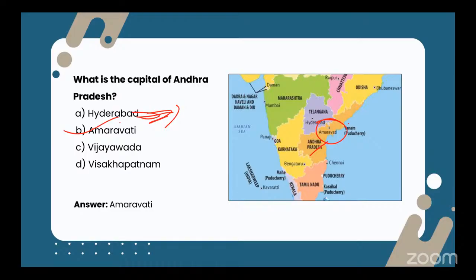Chandrababu Naidu. So later he was out of power, and later YSR Congress came to power. At that time they were not in favor of Amaravati as a capital. Later they suggested three capitals, and again Chandrababu Naidu returned to power. So again in 2024 he was sworn into power, and he discarded the previous government's three capital plan, and he said there will be only one capital, and that will be Amaravati.